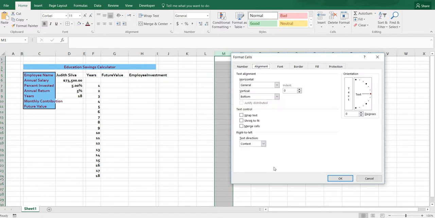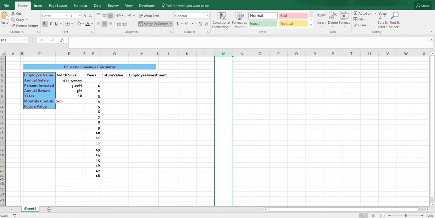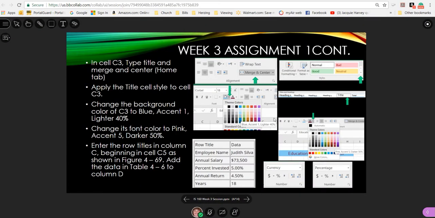So if we go to alignment, you could merge and you could center. So of course you'd want to highlight wherever what it's doing is there. So I just wanted to show you that there is a couple of ways you can click this little arrow and do all of these things. Then we're going to change,